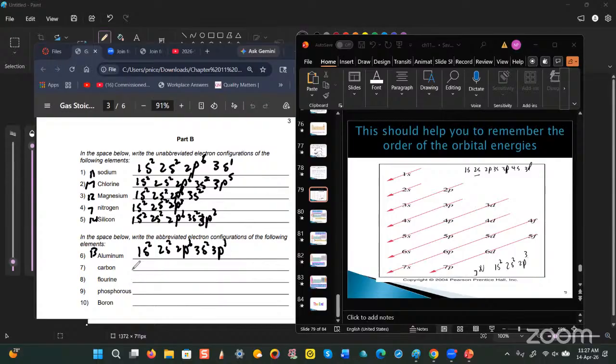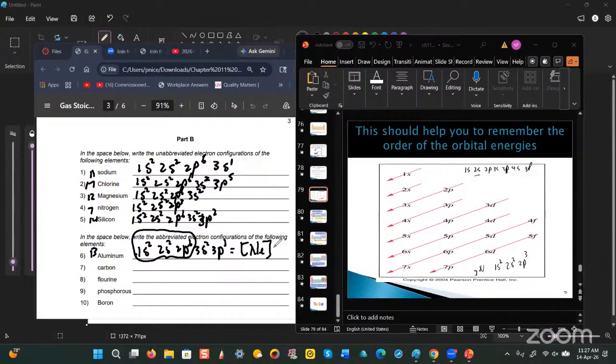Now, if you remember what I said, to get from the full to the abbreviated, we look at the group 8 element that immediately comes before aluminum. So aluminum is there. The group 8 element that comes before aluminum is neon. Neon has 10 electrons, which would be this part right here. This part I'm circling for the aluminum configuration would have the same electronic configuration as neon. So basically, to get this abbreviated version, you replace this with the symbol of neon within square parentheses,